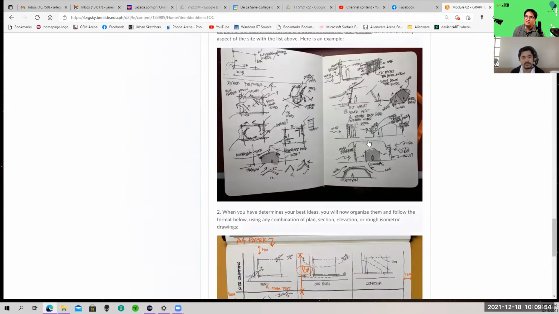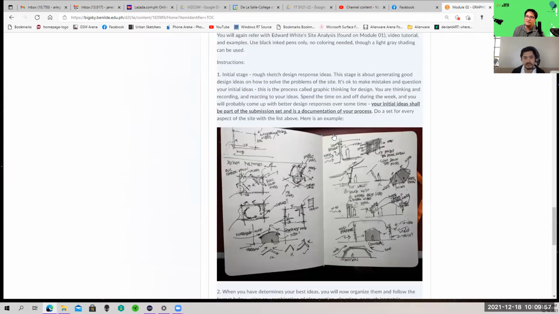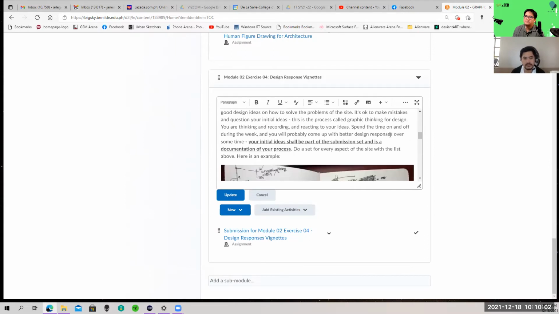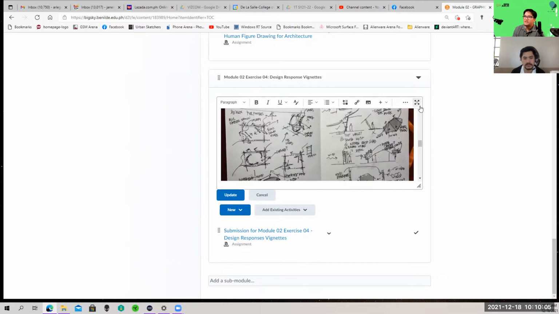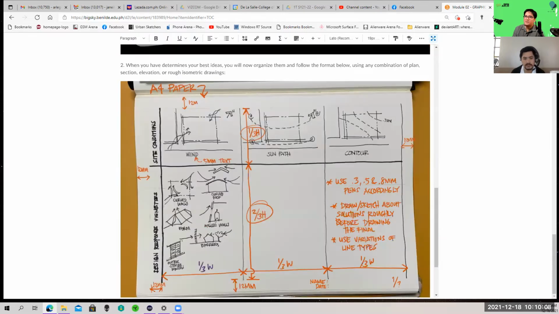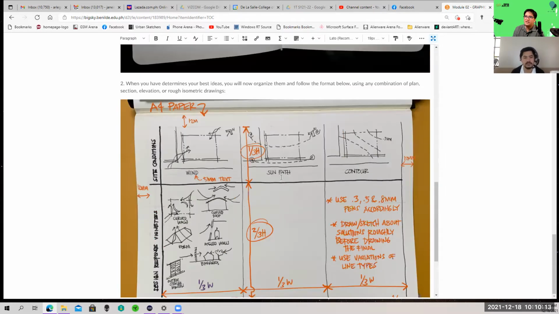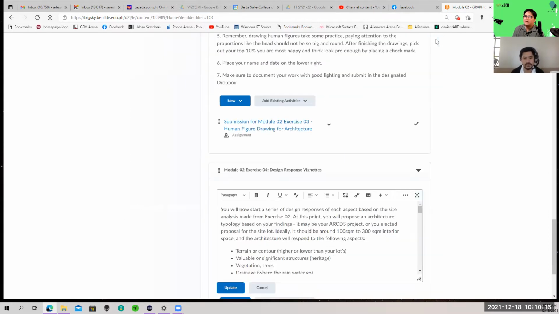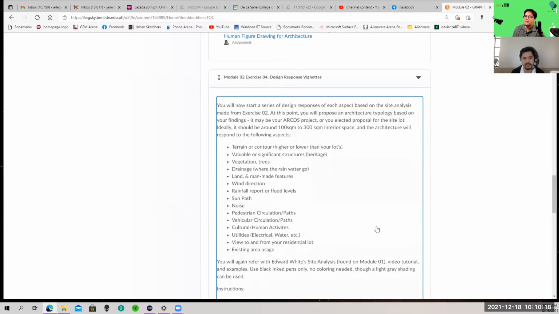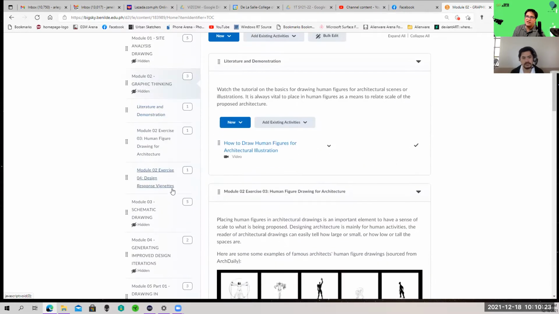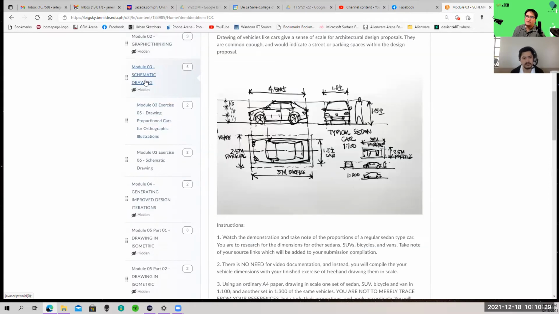They will implement here sa site responses after the site analysis. Mga figures, for example, it could be masyadong maliit. Ayan. May mga figures that they could place in their design responses, right? After the exercises, no? Anyway, that's module 2, graphic thinking about design responses, and then you have module 3, which is going to be also